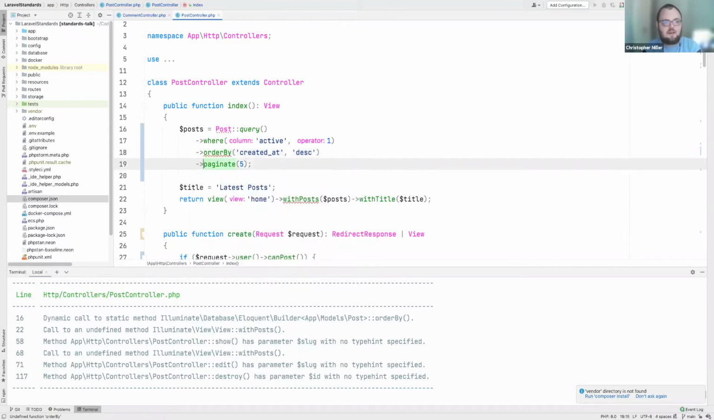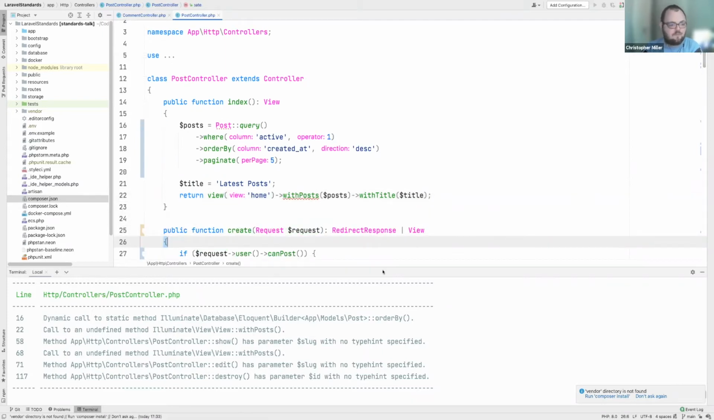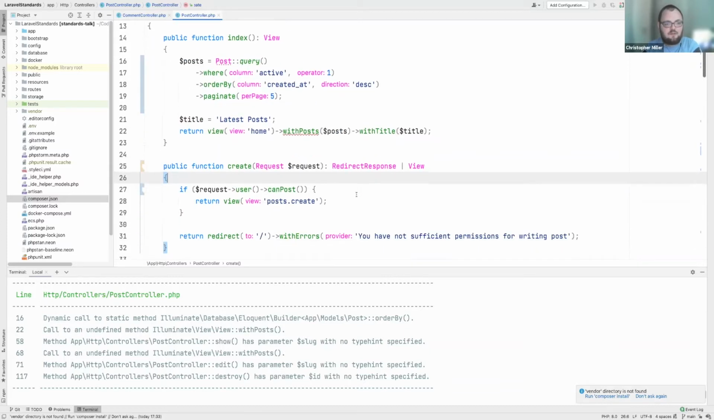So again, we've got one here that we can't fix. It's also telling us that with posts is not a valid value on line 22. Again, this is a Laravel function that is not being picked up. So again, we know this is incorrect. If we look at line 58, which is the next one,